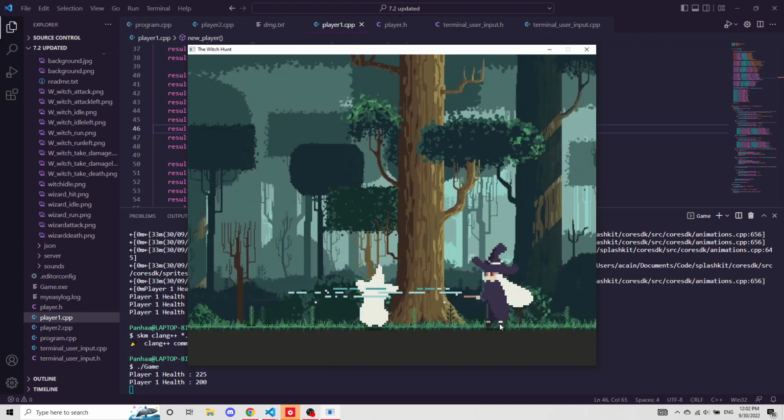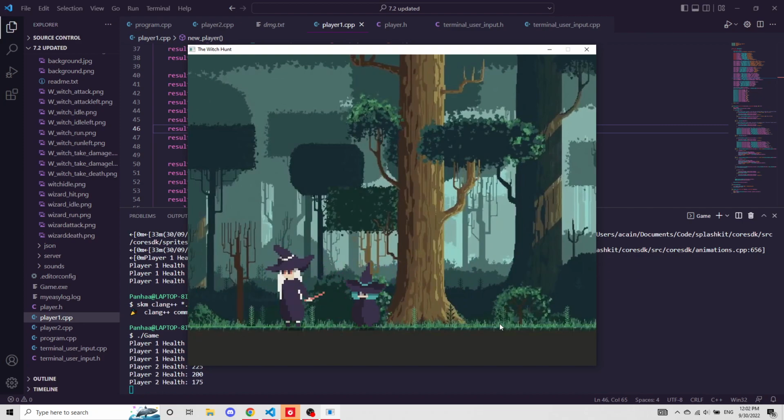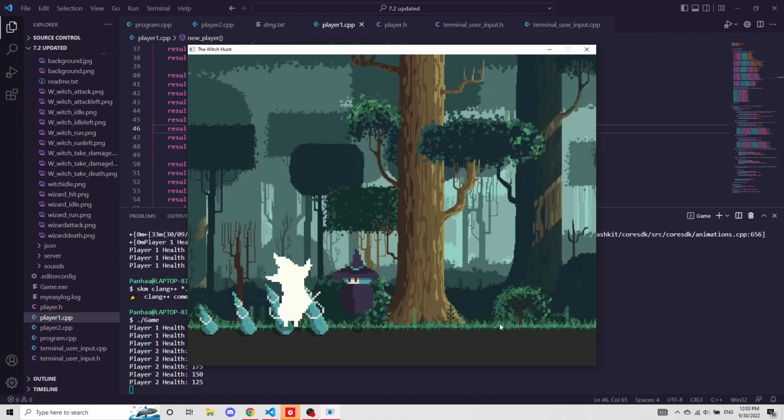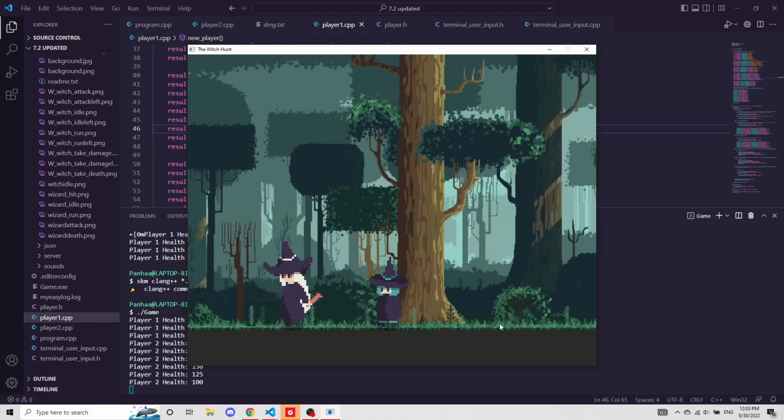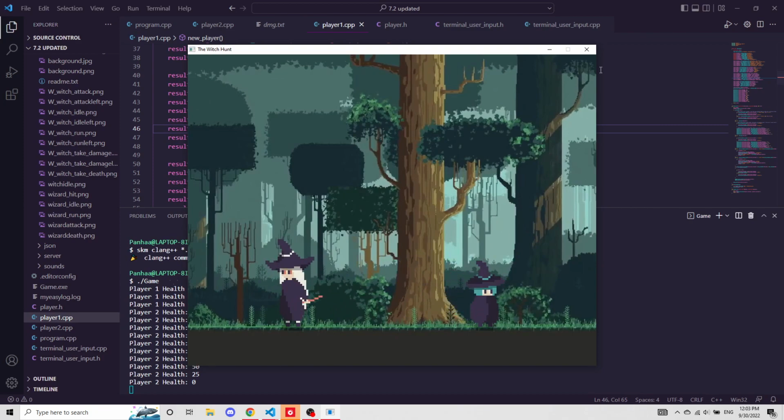Making sure if I do damage this, see if they're both damaging each other at the same time. It's only a split second where this one is faster, but besides that, nothing else happened. And player 1 can also damage player 2, and vice versa. And there's a range, isn't there? I mean, like the further out I am. But yeah,